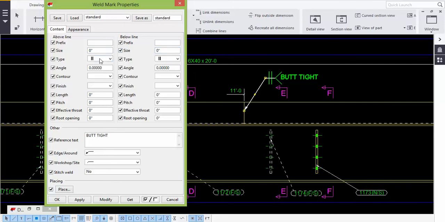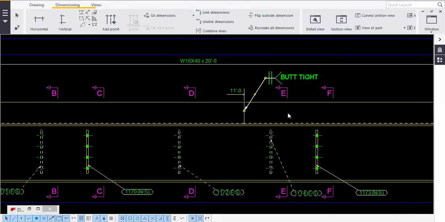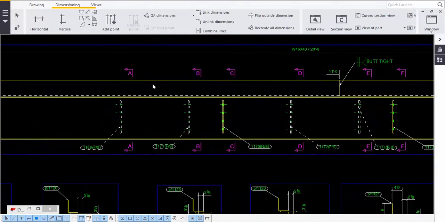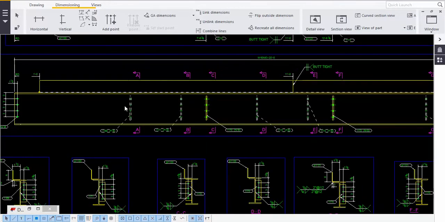And here we will take the symbol. You just observe the symbol, okay, and if you just click and just observe the symbol, angle will keep 0, everything 0, and no stitch weld, nothing. So in this way I will do this butt weld. After that, after completion of this, next step I will go for sections.